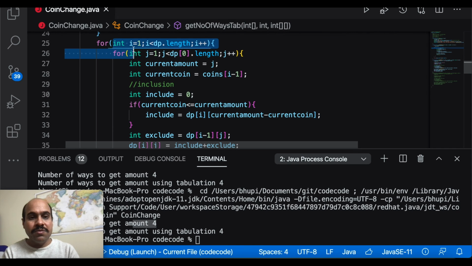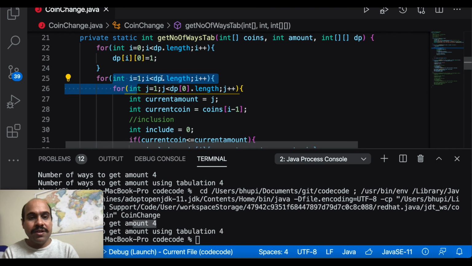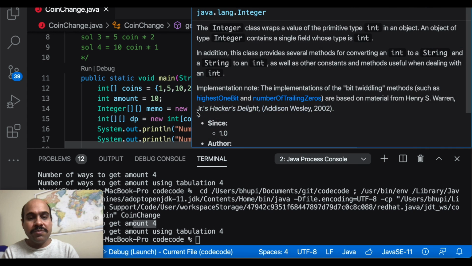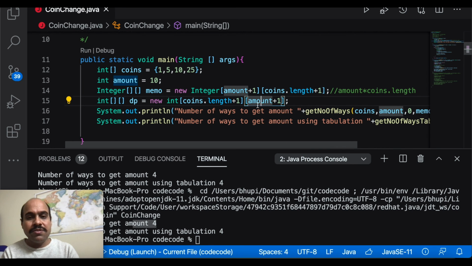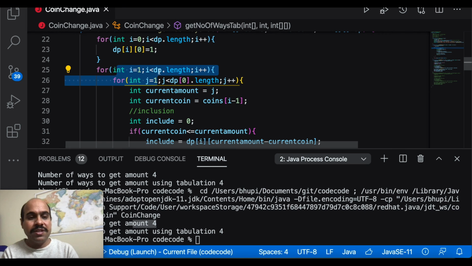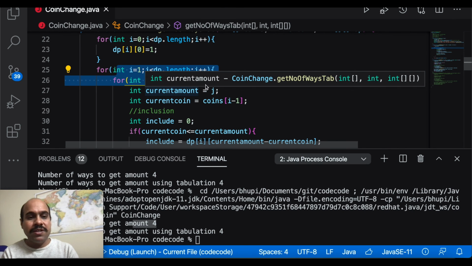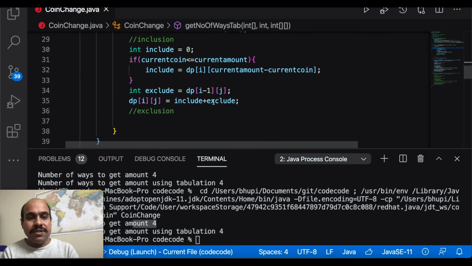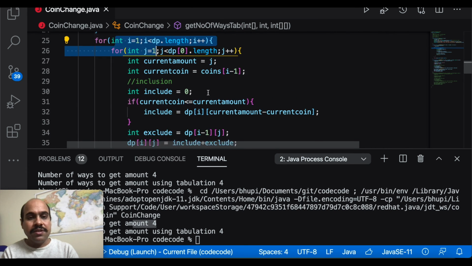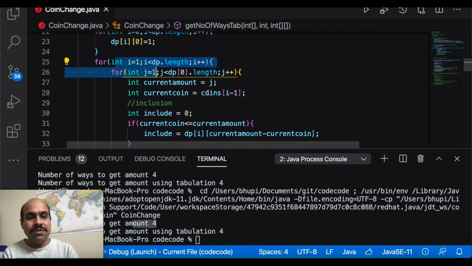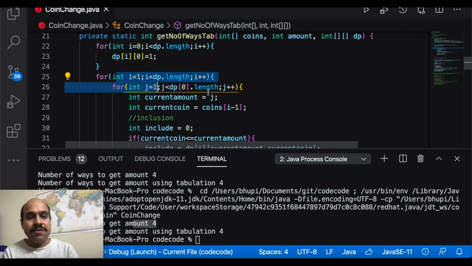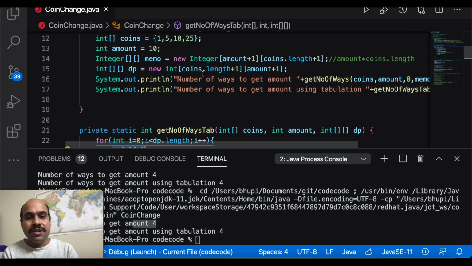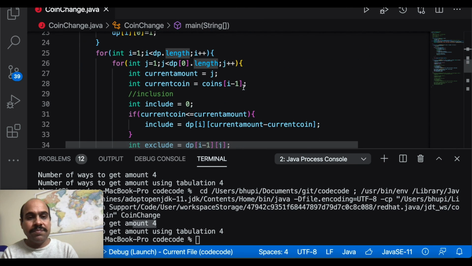I'm simply looping through these two variables i and j, and these i and j are dp's row and column, and row is coming from coins, and column is coming from amount. So the total number of loops will be basically i and j, which is basically number of coins multiplied by the amount. And that's it, nowhere else we are doing any other complex operation. And what is space complexity? Again there is no recursion, so space complexity will only come from this dp variable. Again this dp variable is initialized using coins and amount, so we can say it's order of coins dot length multiplied by order of amount.